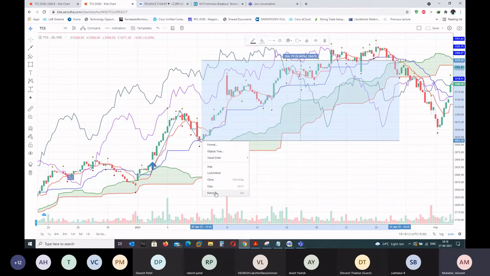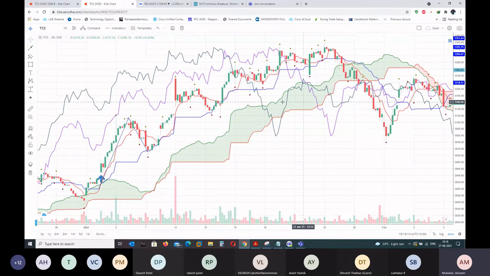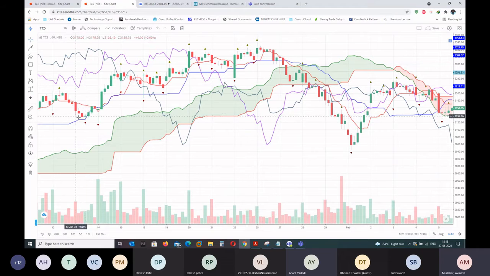0.58 something, whatever it is. So that depends. You will get such kinds of moves. If you are patient, then you can capture this kind of move. But there we are seeing some morning star. So if we wait for that morning star to happen. See, sorry, what? There we are seeing a morning star.